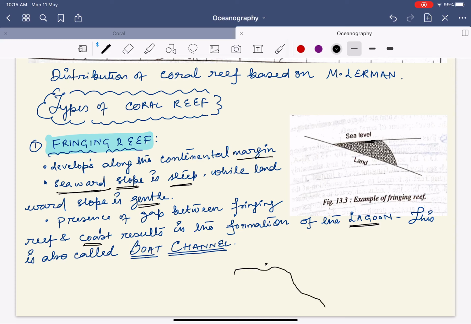This is your land. From here, there is your fringing reef. Sometimes what happens is that there is a dissolution of the reef, as a result of which this area gets filled with water. Hence, this is also called your boat channel, or we also call it your lagoon. I hope you got it clear. Next,